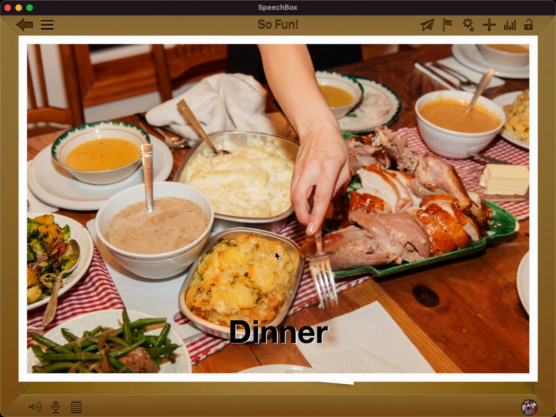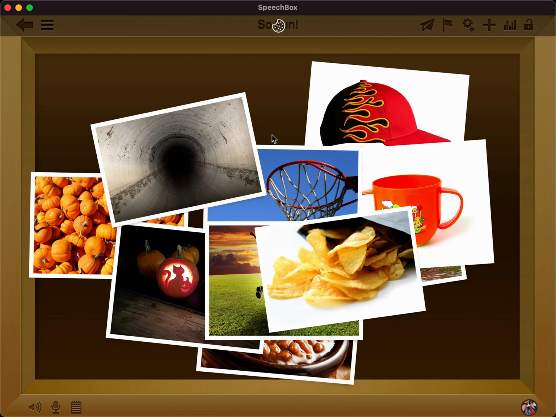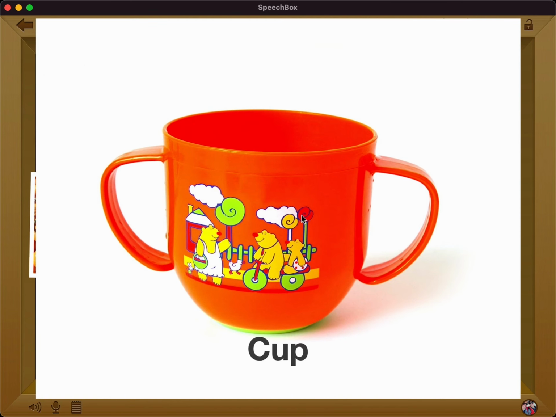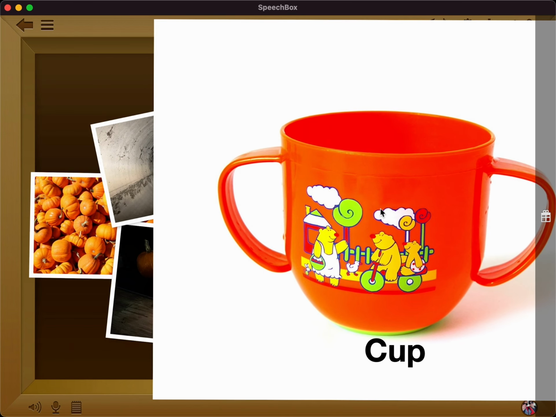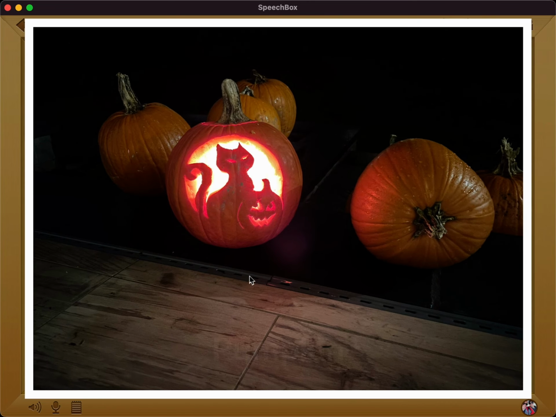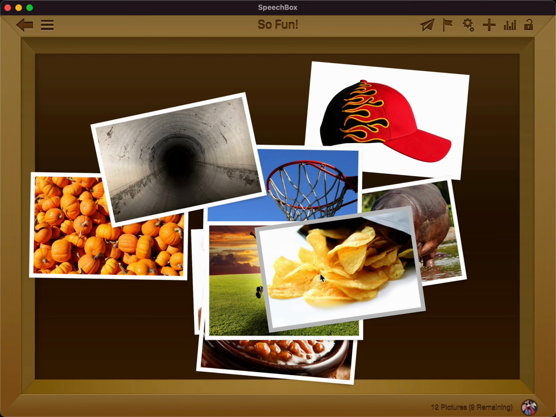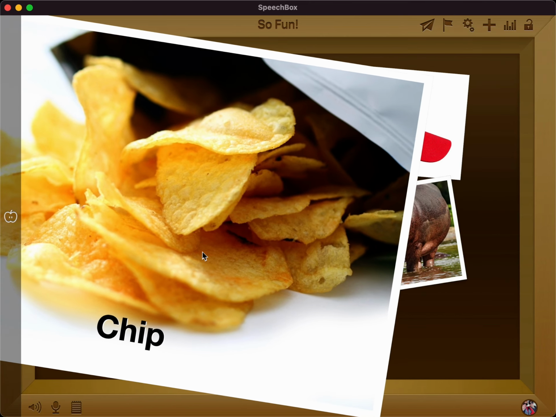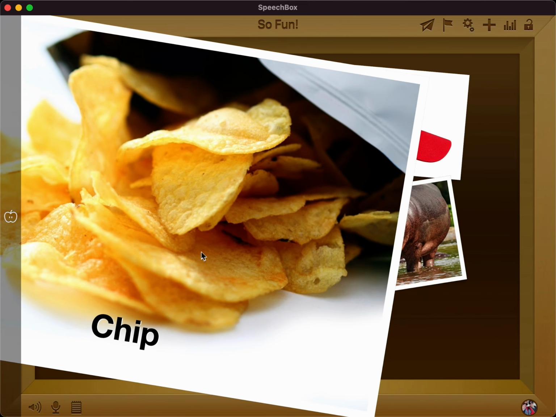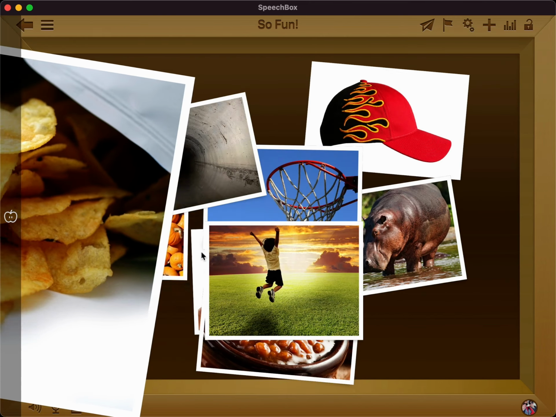Let's open up a different photo here. So let's say I get one that is correct and I swipe it off the screen. Then the next one, I open up cup and I wanted to have it as, again, the present for prompted. Or maybe I had another correct one in here. Then I had another one. And then maybe this one was, again, apple, and that was an approximate. And you simply just keep going through the different